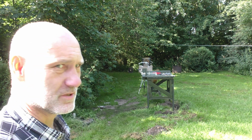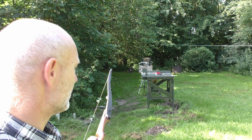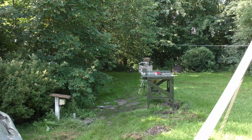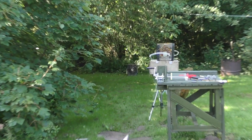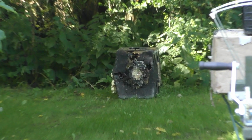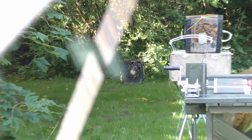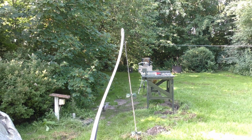So maybe you are asking yourself, what's he shooting at? Is he shooting through the chronograph? But I'm not. I'm shooting at the target back there. Okay. And today I'm using this